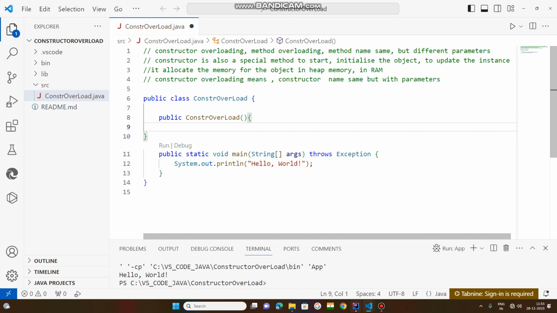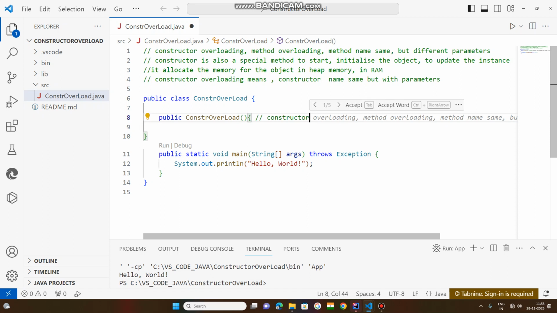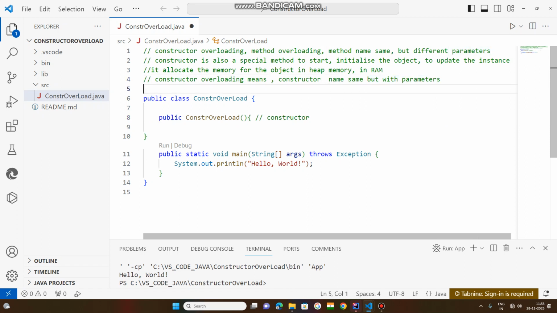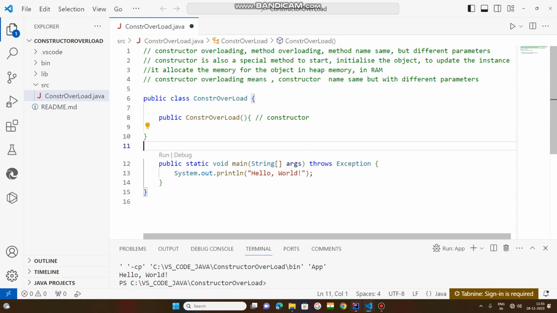Now, try to understand: one constructor is created. Comment here: constructor. As per our definition, constructor overloading means constructor name same but with different parameters. So you declare one more constructor, copy